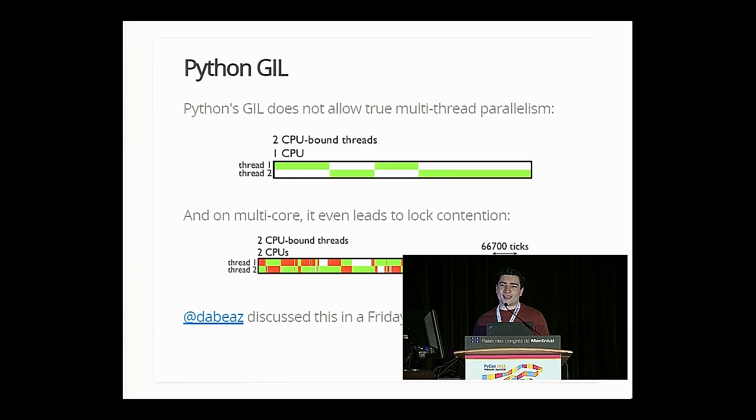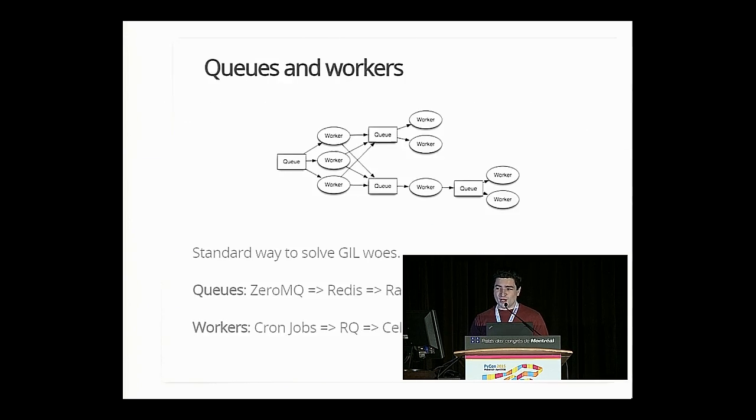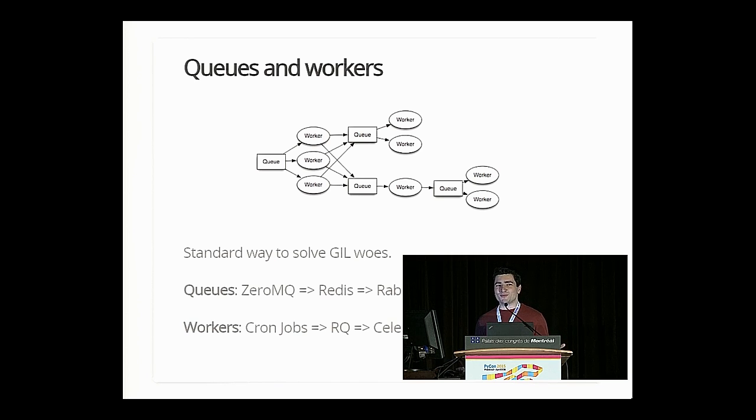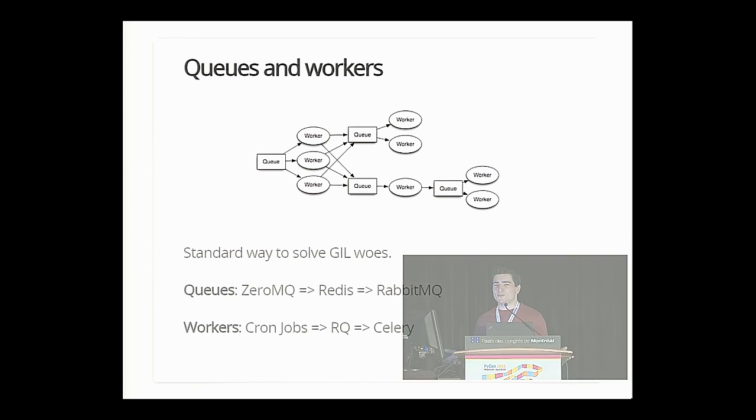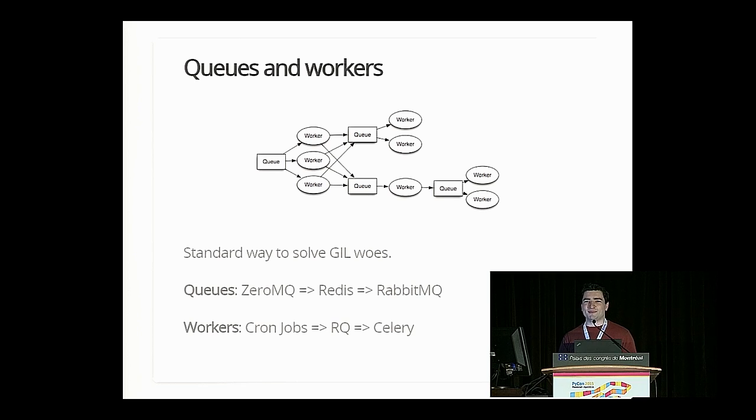And this diagram is actually from another Beazley talk where he discusses the contention that goes on in multi-core and single-core machines with multi-threading models, right? And so what do most people do when they run into GIL problems? They tend to set up queue and worker systems, right? Even Beazley said that this was a common way that people solve this problem.